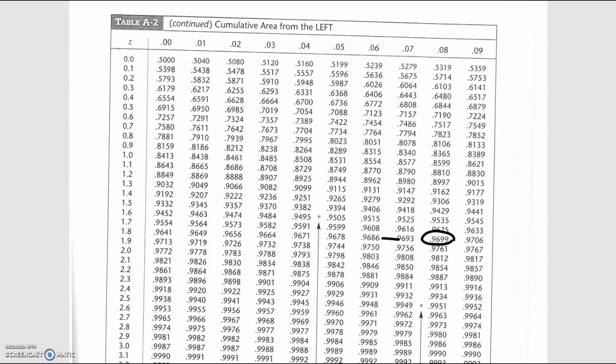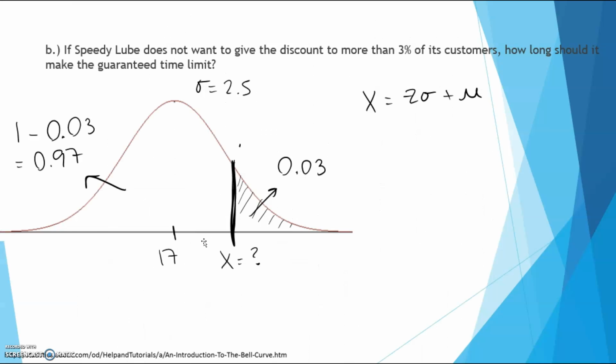Okay, so that's going to be 1.88 for my z-score. Okay, so the z-score for right here, 1.88. Okay, so x is equal to 1.88 times 2.5 plus 17, which gives me